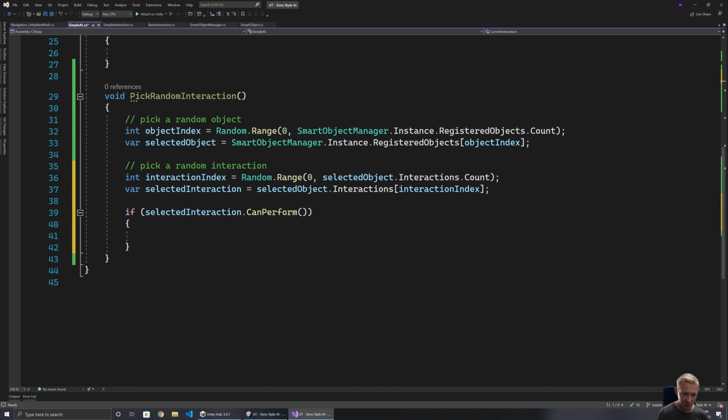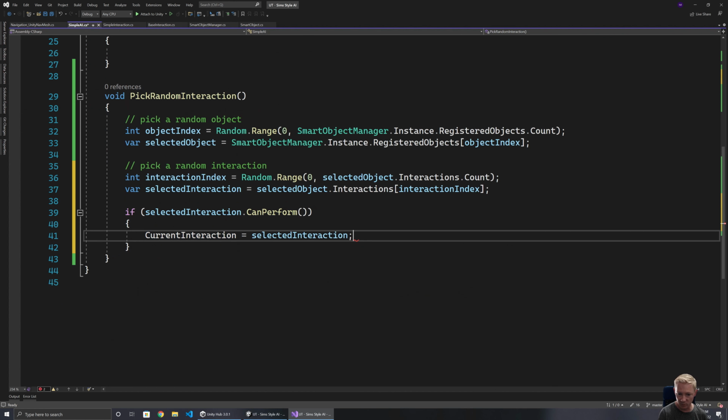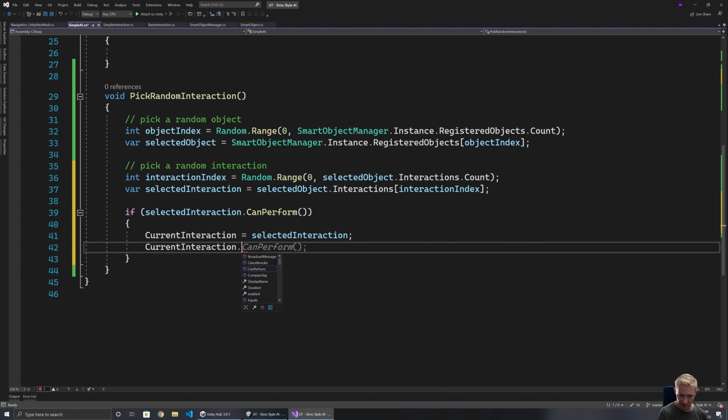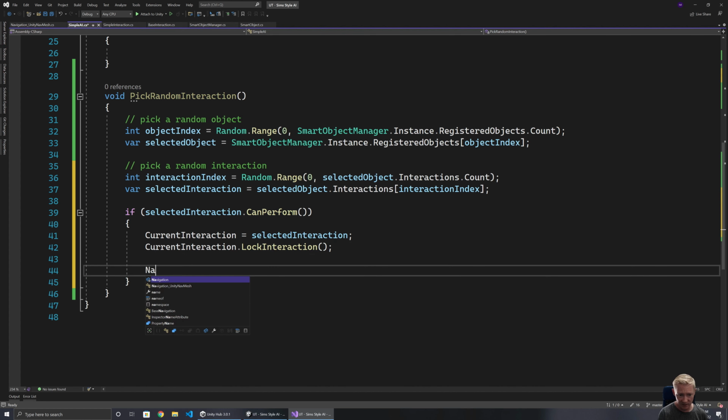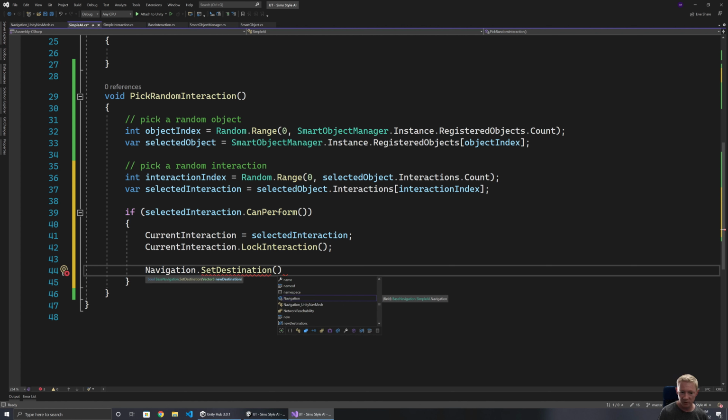So first thing we'll do is we will set that to our selected one. We're going to tell this one that we are wanting to perform it, so we're going to lock it. And then we're going to tell the navigation system to set your destination to this new one. So we're going to head to current interaction,